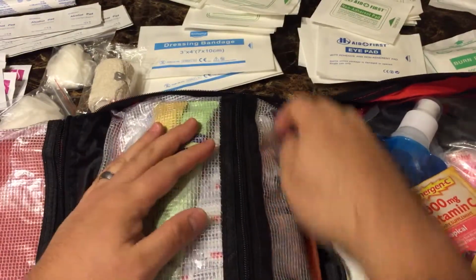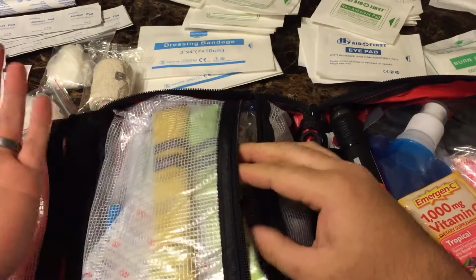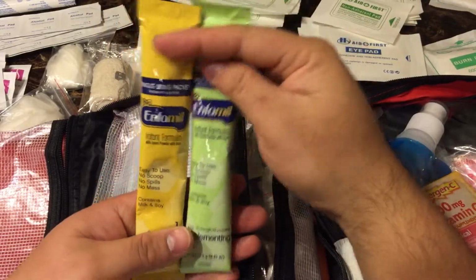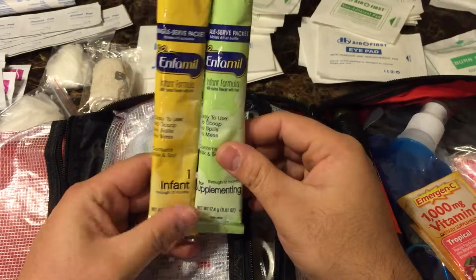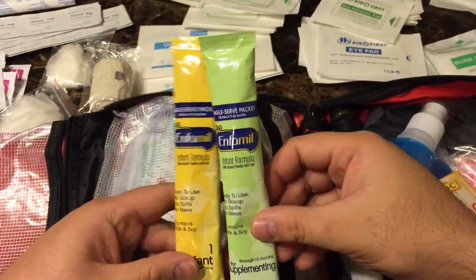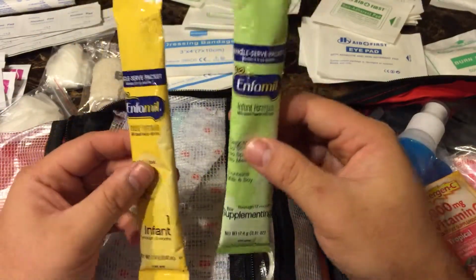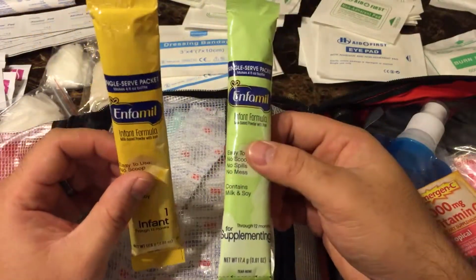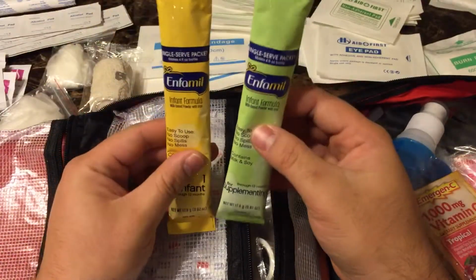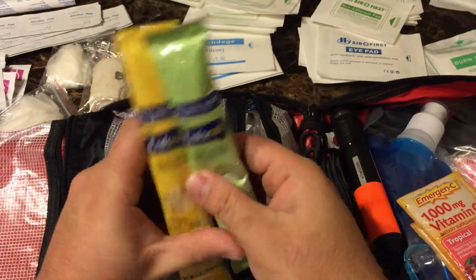So the second compartment consists of a little bit of stuff that I added here. Obviously you see right there through the bag, I added 2 infant formula. I do have infants in the house, so just in case we do travel, and for whatever reason we run out, or we're out and about a little bit longer than expected, I do have some water in the car. So all you do is add 4 ounces of water, and then bam, a whole pack of this, and that should cover about 1 bottle there. Get you out of a situation for a couple hours. So you got 2 of those, right? So you got to make your kit